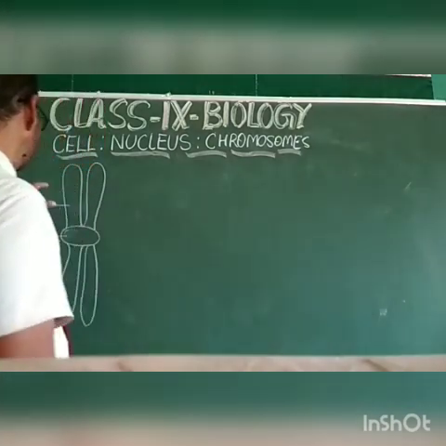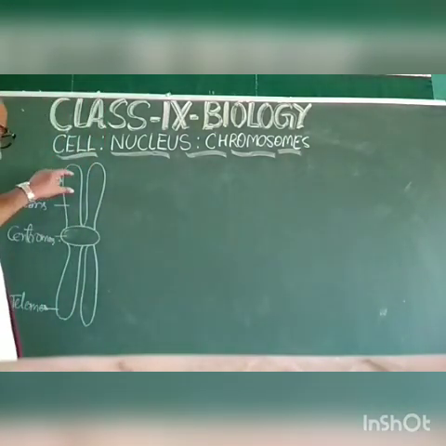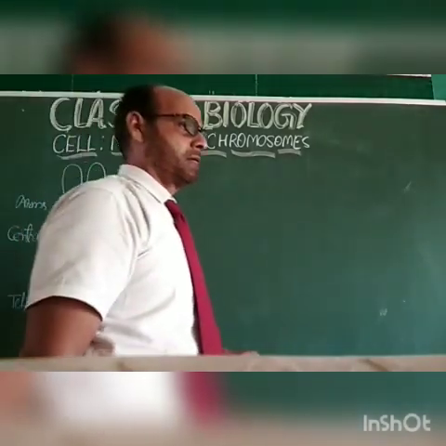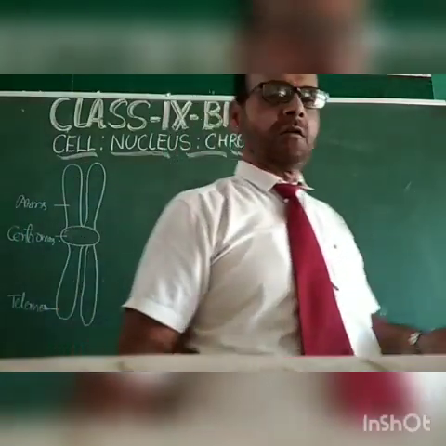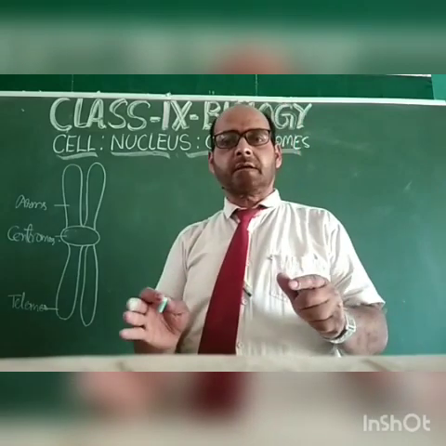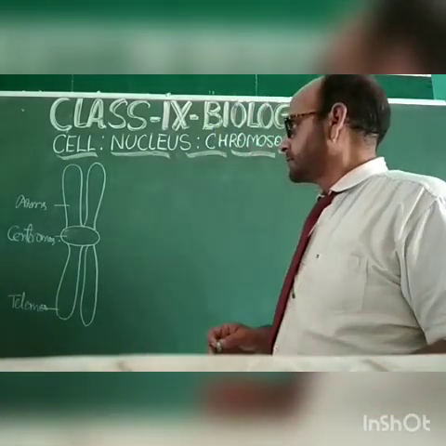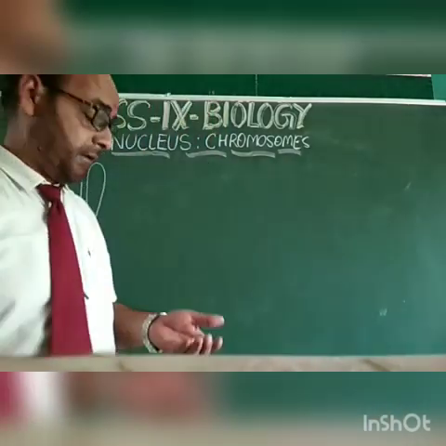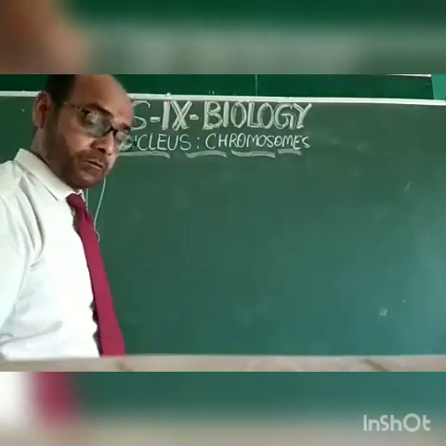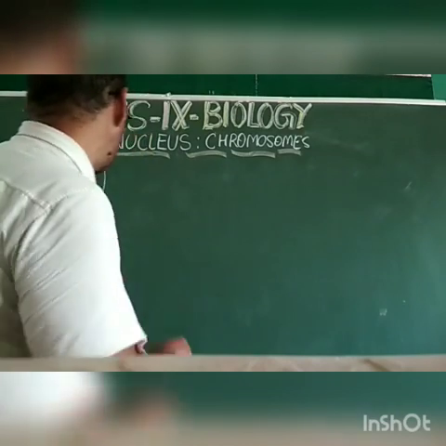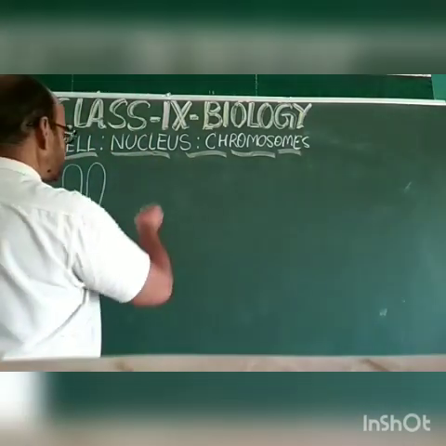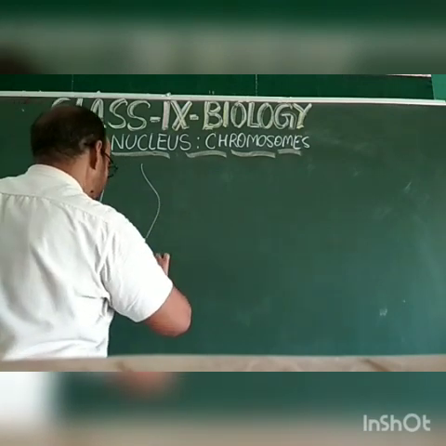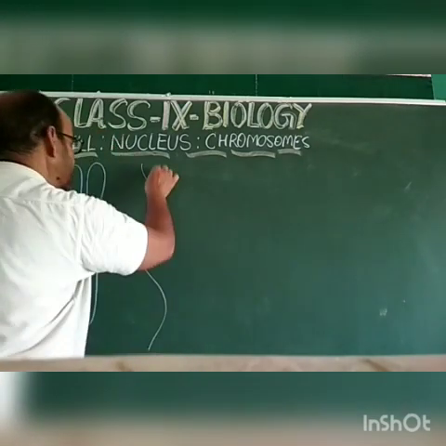So this is the composite structure of the chromosome. Dear students, this composite structure of the chromosome is the consolidated structure, that is the group structure of the DNA, in fact. So what is DNA now? Let us see what DNA is. Let us start with the structural diagram of the DNA, so that you can understand the chromosome.